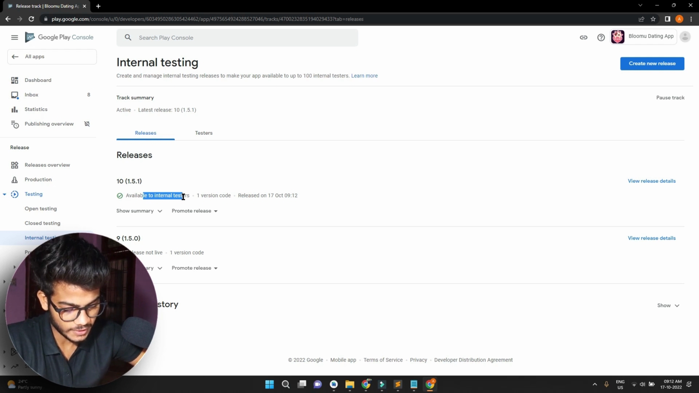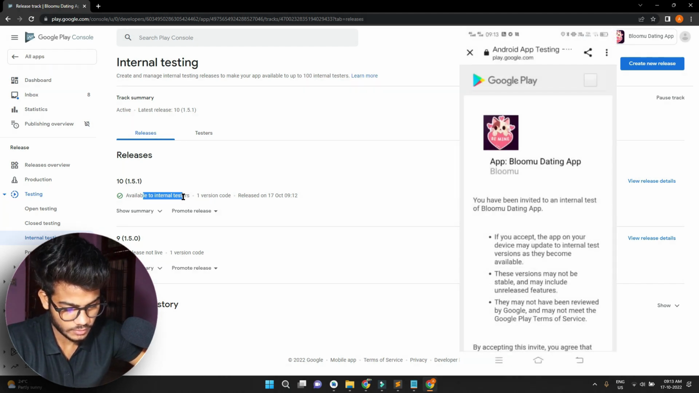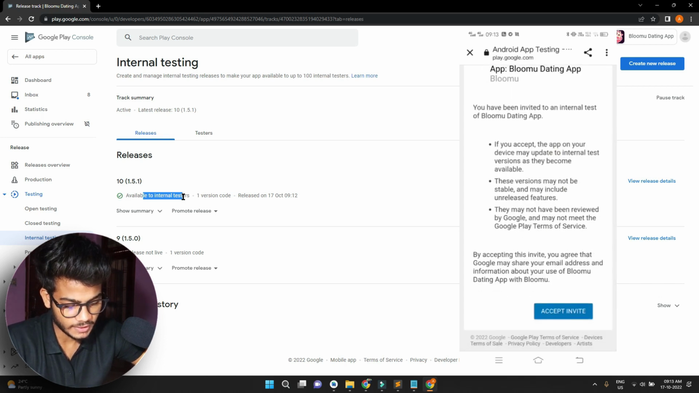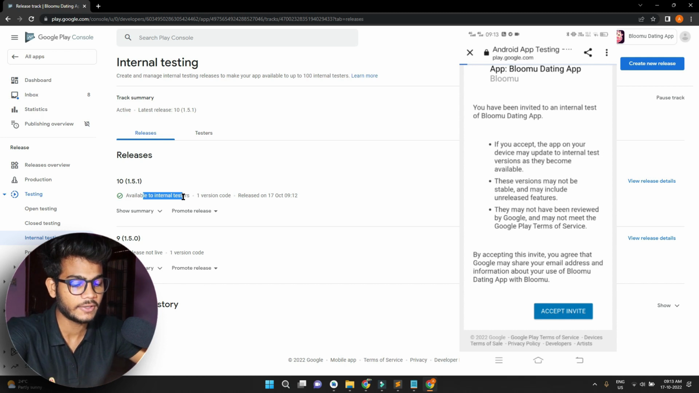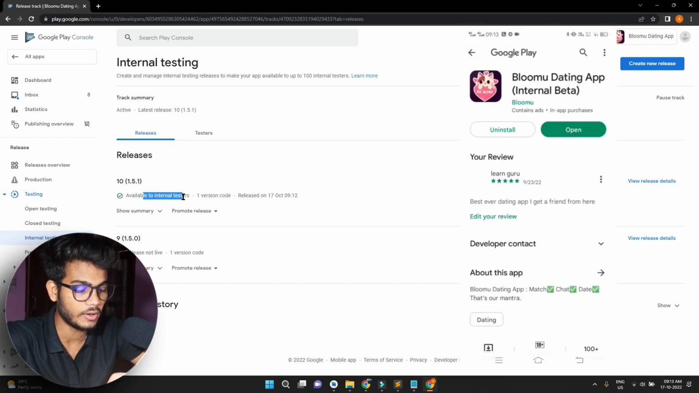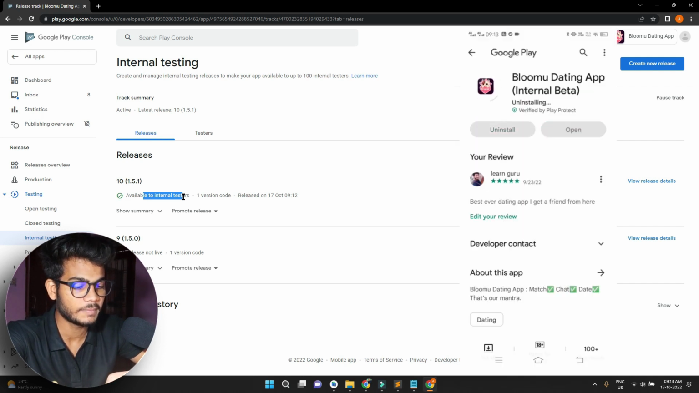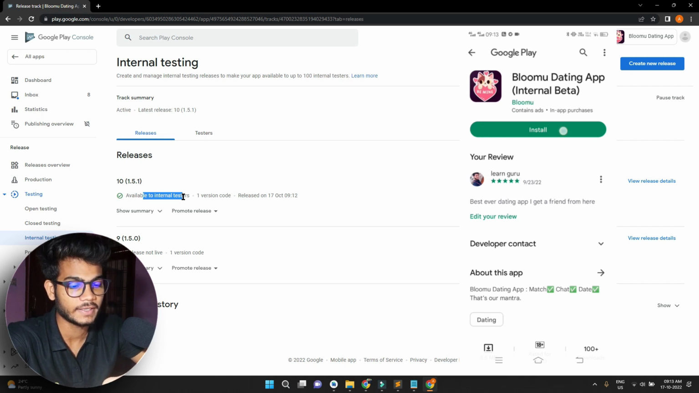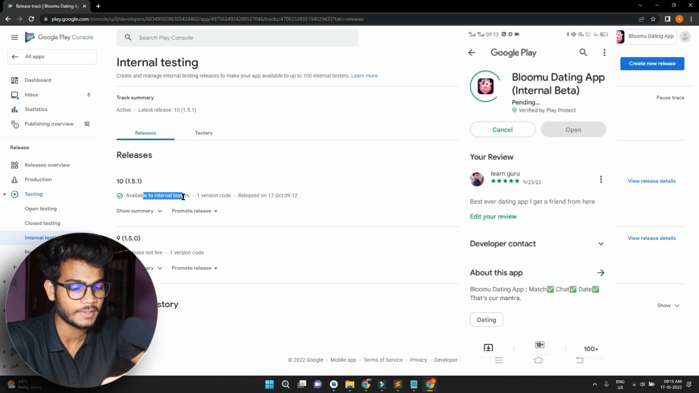Let's come to the link. Once you click on the link, you can see something like this, and you just have to accept the invite. Click on accept invite, and now it is showing welcome to the internal tester, and download it on Google Play. Click on that and uninstall the previous version, and you can see it is showing internal beta. We will click on install,